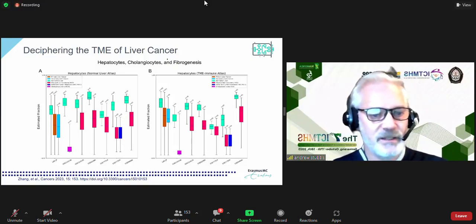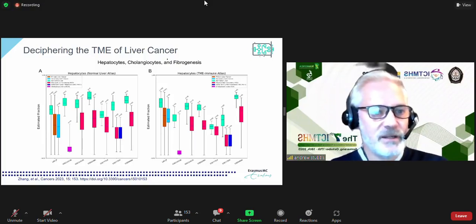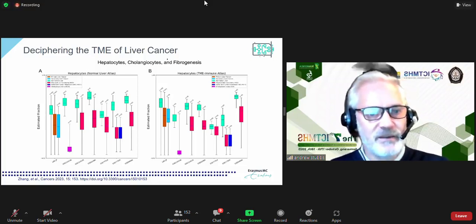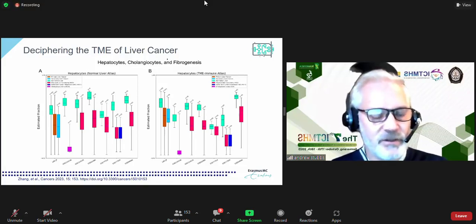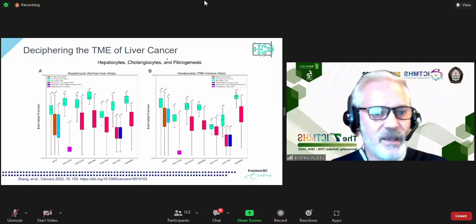You can see the GSE numbers, which are the Gene Expression Omnibus numbers, so the datasets. Anything in light green represents a distribution of normal tissue. Anything in red represents a distribution of hepatocellular carcinoma. So we can see that the estimated fraction of hepatocytes, as would be expected, is higher in normal liver compared with the